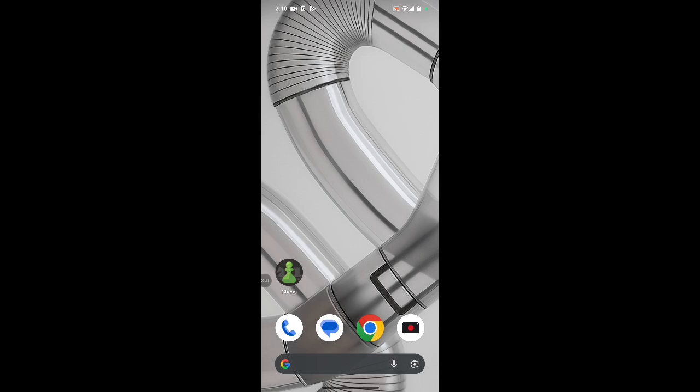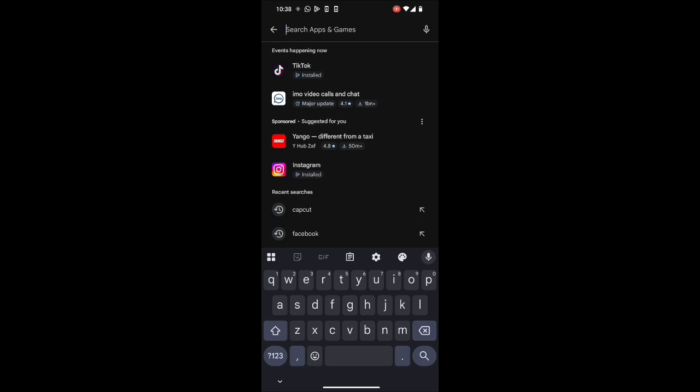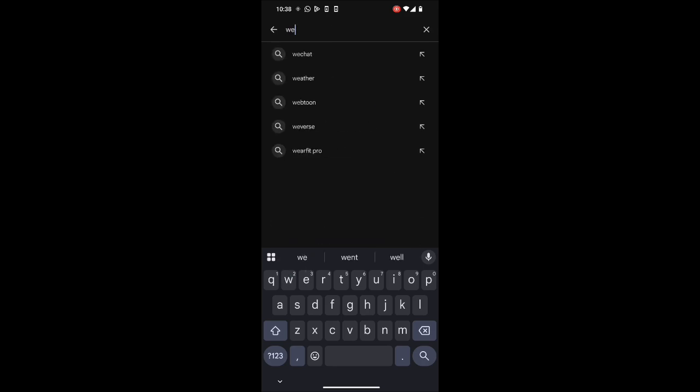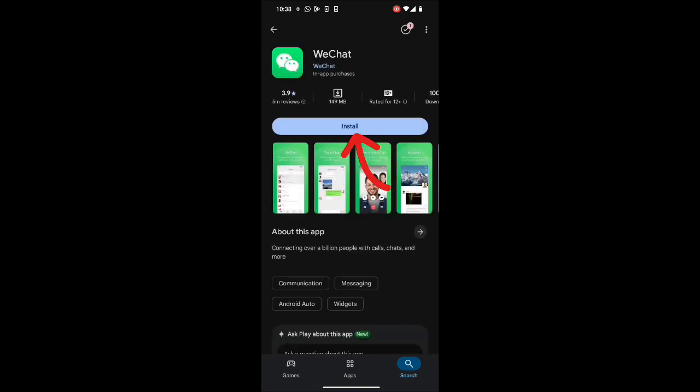Now, to download your WeChat application on your Android device, go ahead and launch open your Play Store. On the search box at the top, type in WeChat and make a search. You're going to see the search results displayed on the screen. Tap on the application. On the next page, tap on Install button just below the application to start the downloading